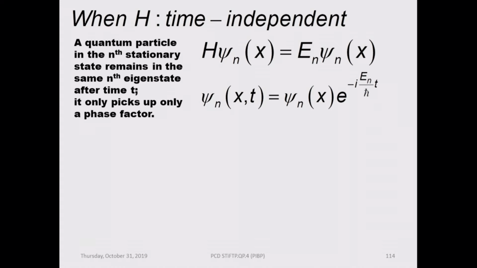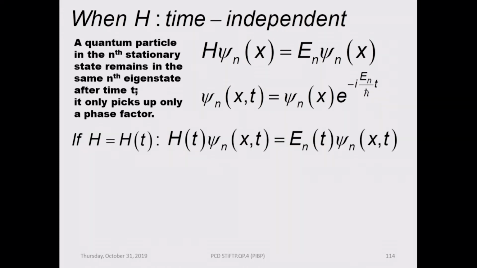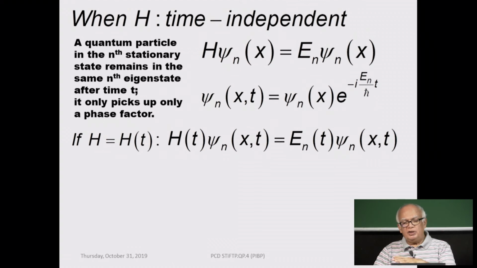I mentioned at that point that this is the dynamic phase, the e to the i theta, where theta is Et over h cross, is the phase angle, this is the dynamic phase angle. This is the dynamic evolution of the state of the system. A stationary state evolves with time, it is not static, it does evolve with time, and the evolution is given by this phase angle. And if the Hamiltonian becomes